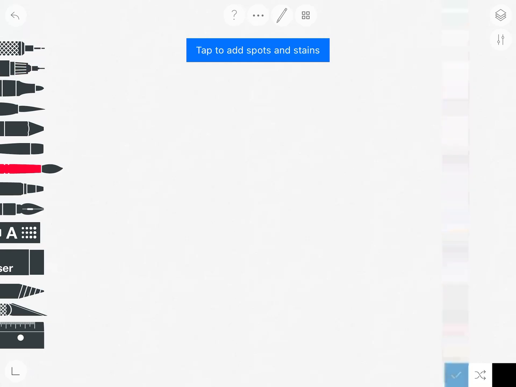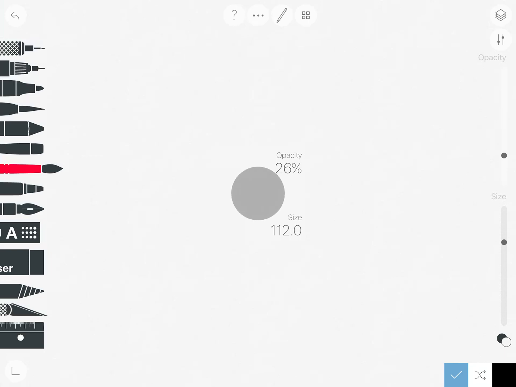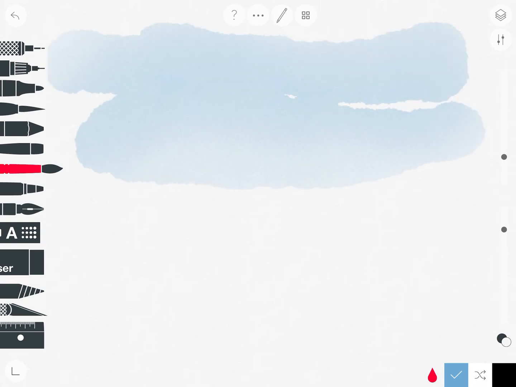I like to put my background in with the watercolor brush, and then you can change the size of your brush. And then opacity is how see-through or solid something is. So you can think of it like paint. Something with a lower opacity is as if you added a lot of water to that paint. And something with a higher opacity is thicker paint. So I'm going to go ahead and keep it kind of low and kind of big. And I'm just going to put in some